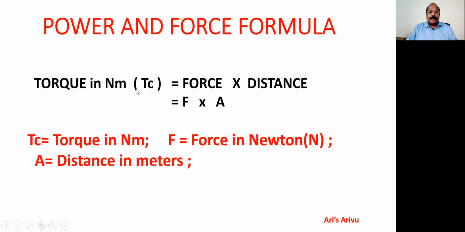Second, torque is equal to force into distance. We know the diameter, so the radius of the cutter is the distance, that is, at what distance from the center the force is applied. Once we know the force, by applying a safety factor we know how much clamping force is required to clamp the component, so that the component will not come out while cutting is taking place. This is how we calculate and arrive at effective milling.